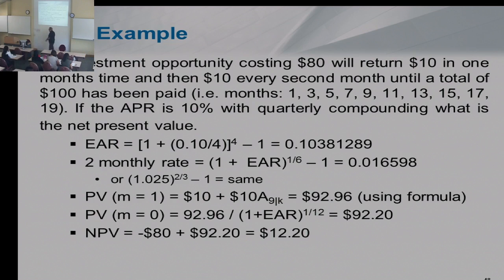And just remember, if you had absolutely no idea how to do that question, you still should have been able to work out an EAR. You should have been able to work out that there's a 9-period annuity. And even if you got all the rates wrong, there's no reason not to get chunks of the question right. But put it all together, that's a hard question